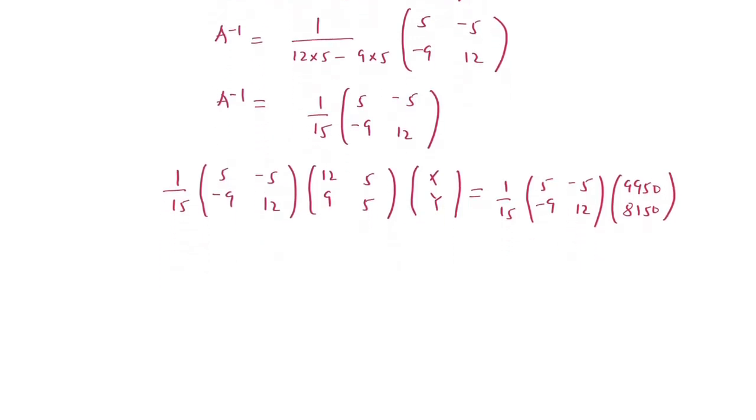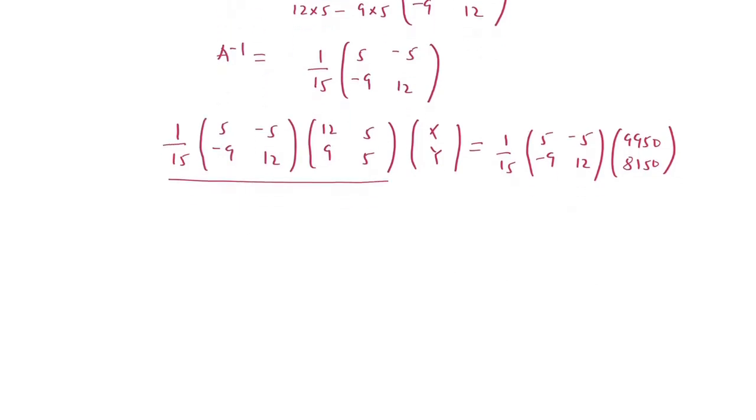Okay, so we have to remember that a matrix times its inverse equals an identity matrix. Then in this part, we are going to replace this with an identity matrix. Then our equation is going to be matrix [1, 0; 0, 1] times matrix [x; y] equals